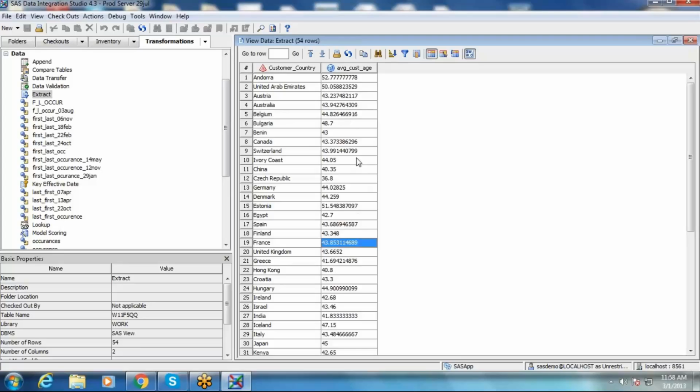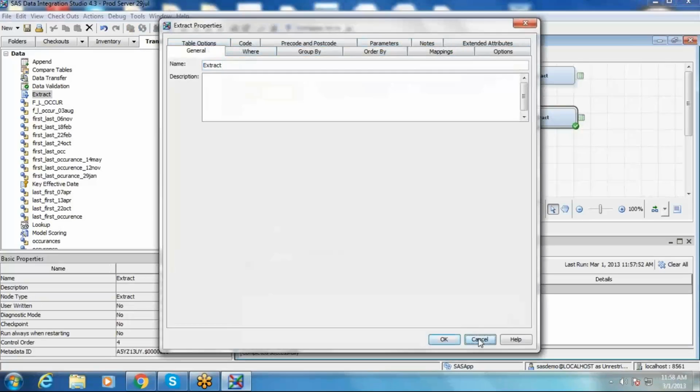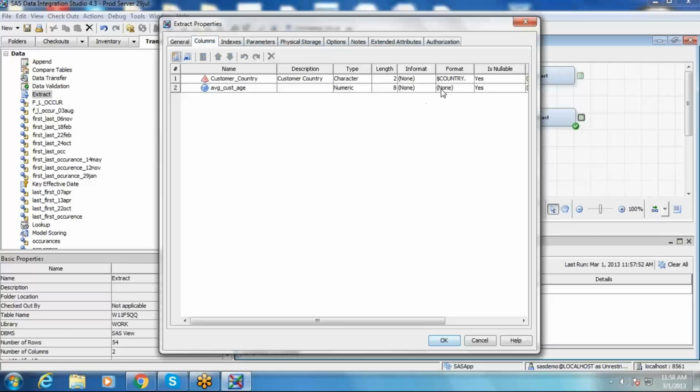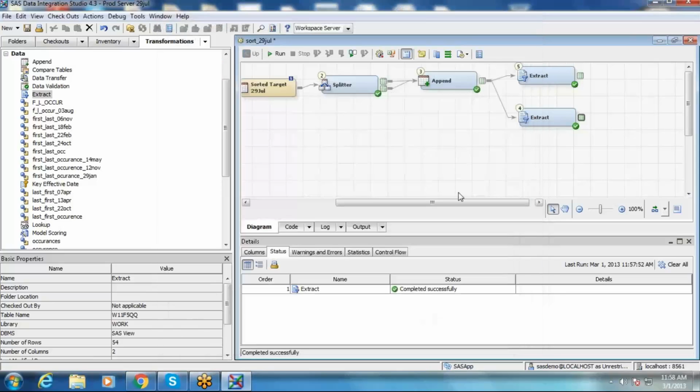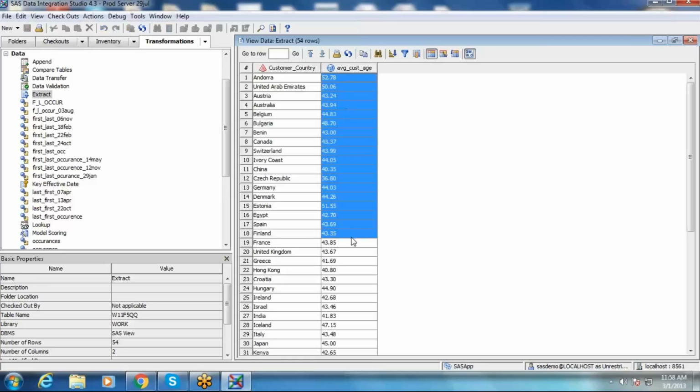If I want only 2 digits after the decimal point, how can I restrict them? We can apply the format. Correct. So in the properties pane, in the columns, we define the column names, right? New column name in the table properties. Yes. Go to the columns pane. Here you can see format is not applied. So here you can mention something dot something, for example 20.2. Now if you open the table, you can see only 2 digits after the decimal point.